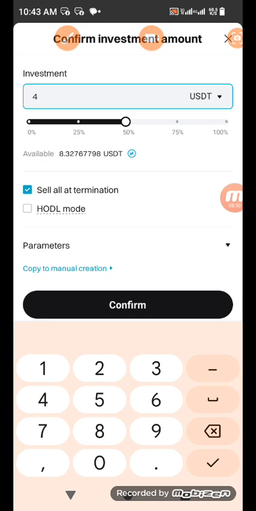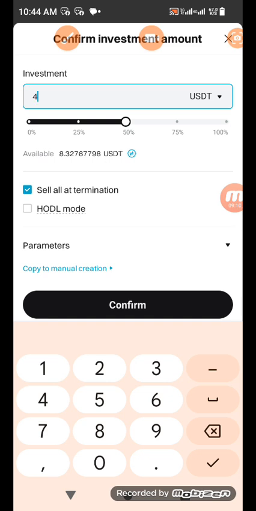Now, seller termination. What does that mean? If I leave that in there, means at the end of this period, either that's 7 or 8 days, whatever coin the system could not trade, that is in BTC, should sell it. Are you getting it? You will sell it and return everything on the base coin being USDT.